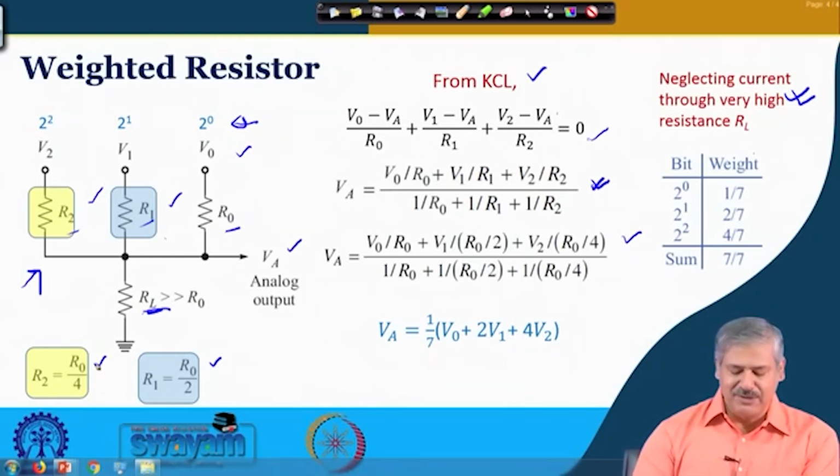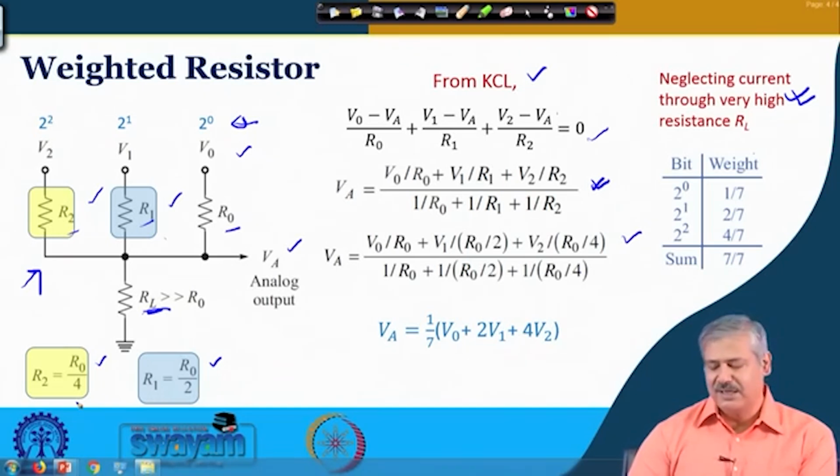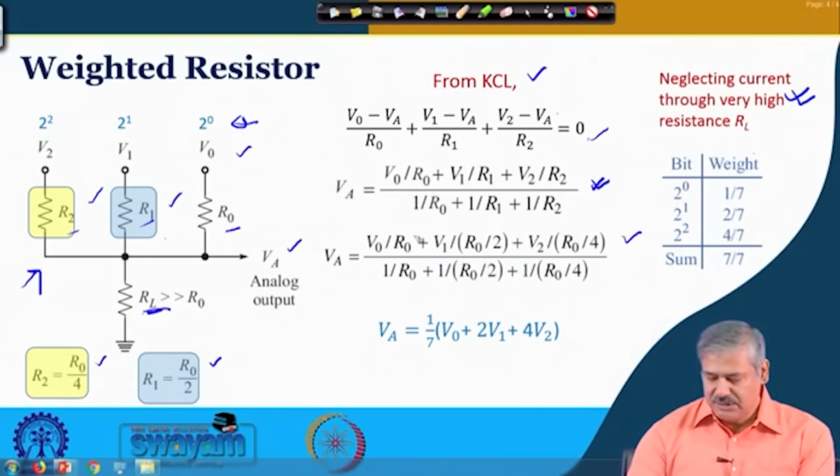So, resistor values are like this: R0 divided by some integer power of 2. So, this is what you get, R0 by 2, R0 by 4, and then when you cancel out R0,